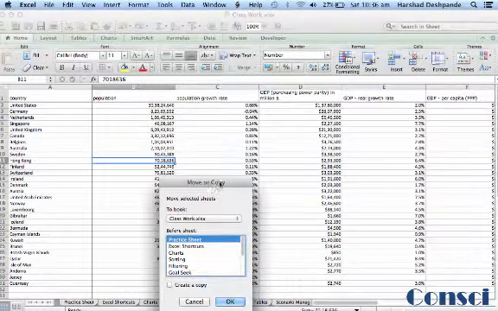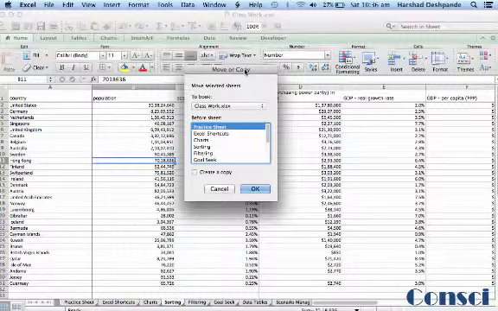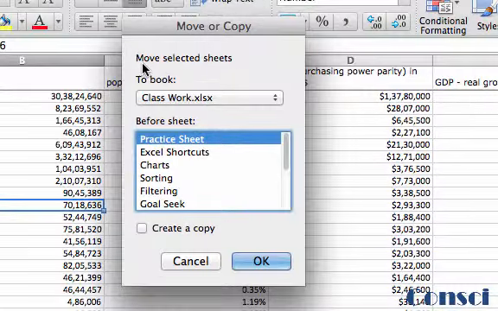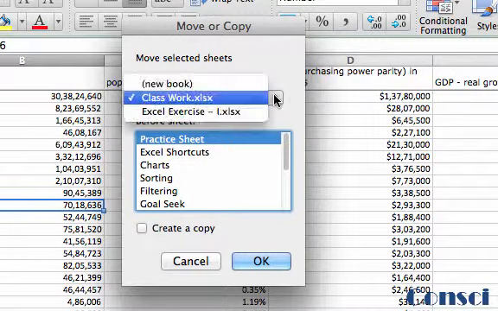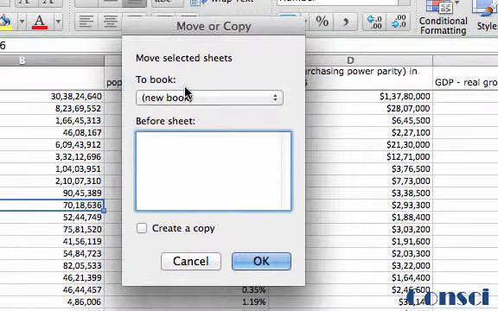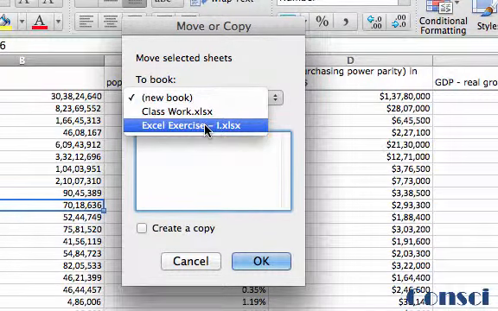Before that, let us look at what this pop-up has to say. So, move selected sheet to book. By default it is the classwork workbook to which this sheet belongs. Now in the drop down you would find two options. You can either click new workbook, in that case a new workbook would be created, or you say